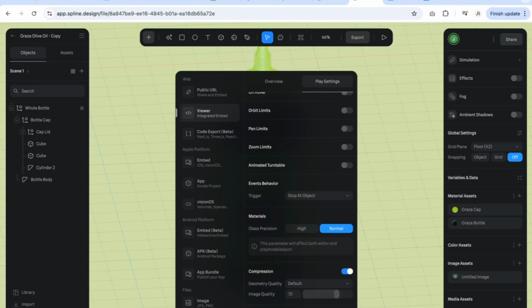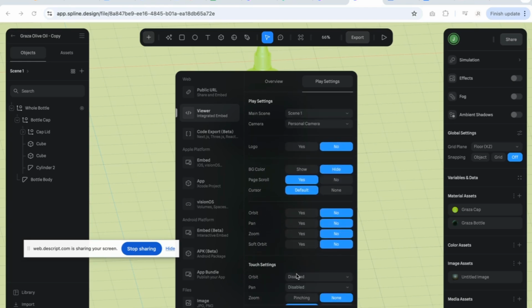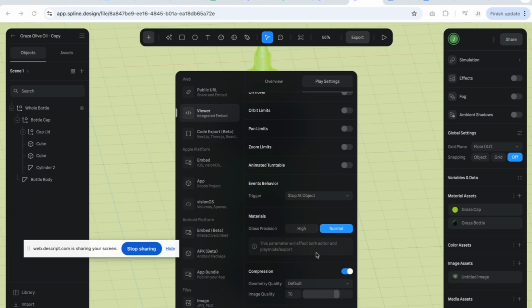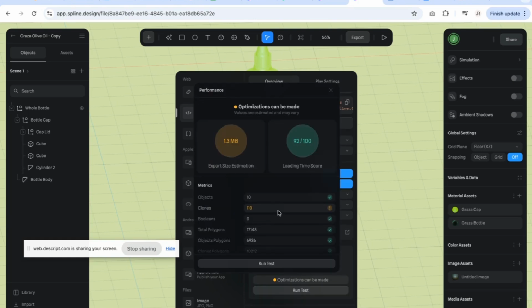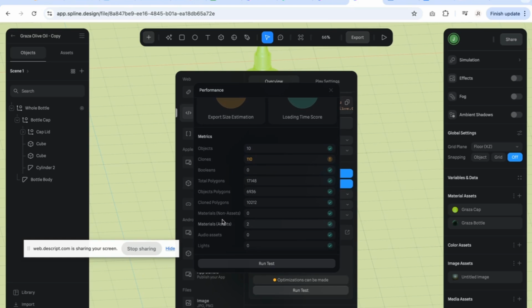Something that's important to say is that your asset needs to load quickly. If it doesn't load quickly, then no one's going to get to the website. It's going to hurt SEO. It's generally bad. Okay, so what you can do is you can change the quality of this by lowering the image quality or the geometry quality. So what this means is that essentially the more polygons you have in your design, the slower it takes to load. You can see here total polygons